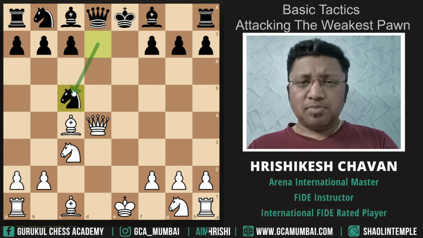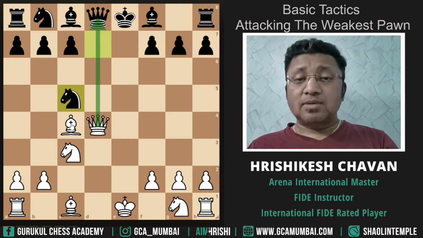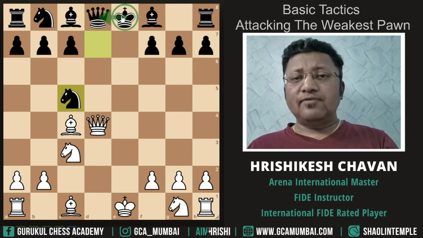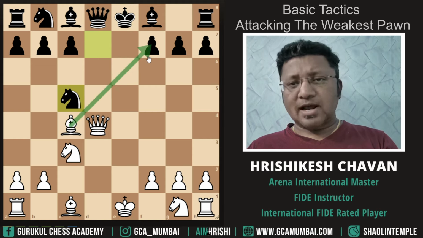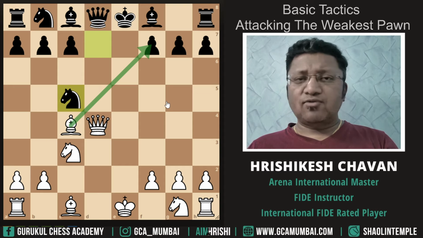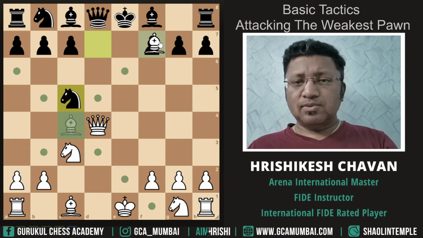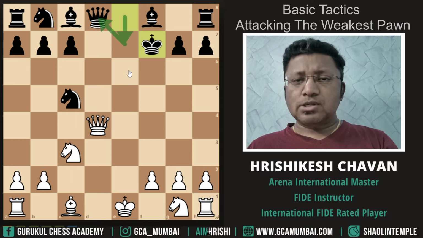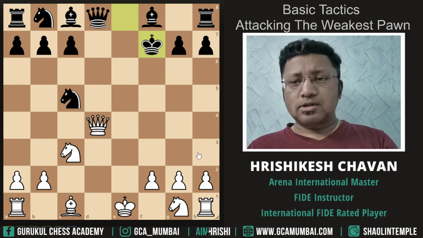So black has just played knight into c5. That way his queen is under attack, and at the same time, as you can see, this weakest pawn is also under attack, and the king is the only defender to defend both the weaknesses. So of course we are going to drag the king away from the queen. We are going to play bishop takes pawn, check. Even if you play king to e7 to keep his queen supported, after king e7 we are going to give a skewer, bishop g5, and the queen definitely falls.